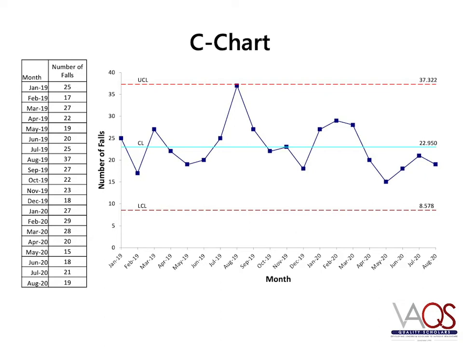If we were to analyze the chart using the IHI detection rules, you would note that the mean number of falls each month is 29.5 and that the range is 22. There are no shifts, trends, or points outside of the control limits, which means that the underlying process is in statistical control and that the near future performance is predictable. Unless there is a change in the system, you can predict that there will be between 9 and 37 falls in the month of September.